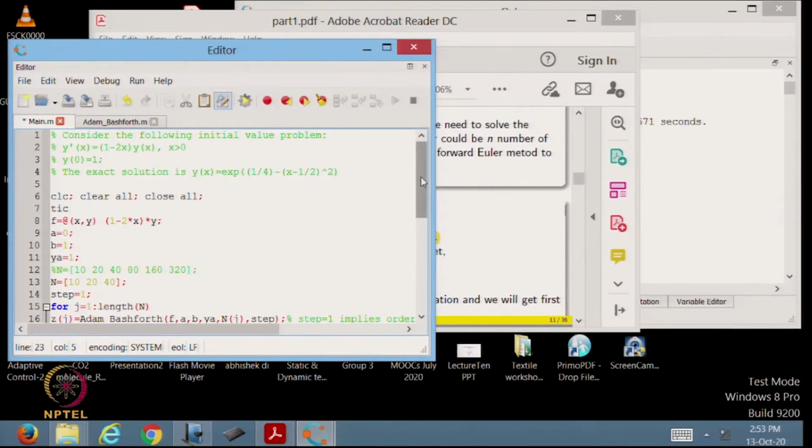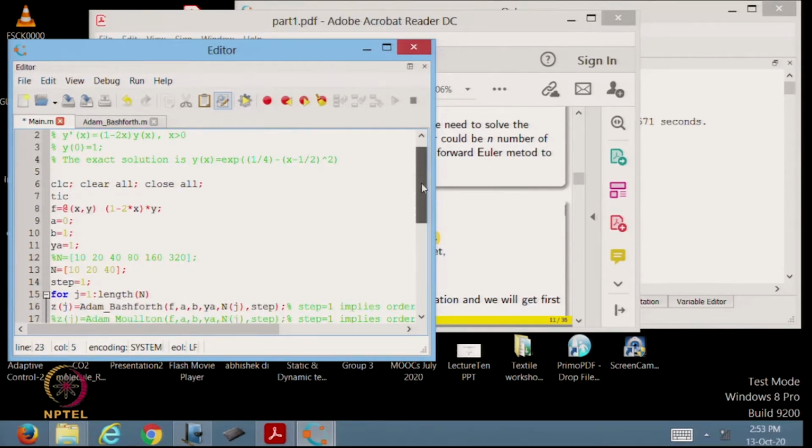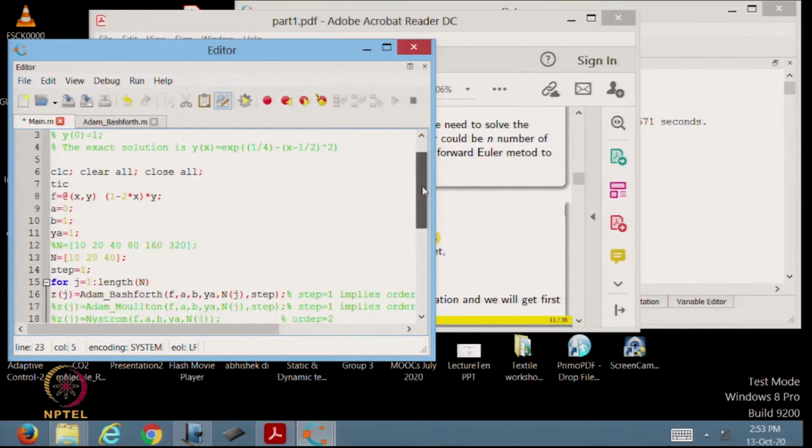Okay. So, after that CLC, clear all, close all, you must be familiar with all those commands from the earlier part of this course, so I am not going to explain them again. Then I am defining the function in the following way: f is equal to @(x,y) 1 minus 2 multiplied by x multiplied by y.